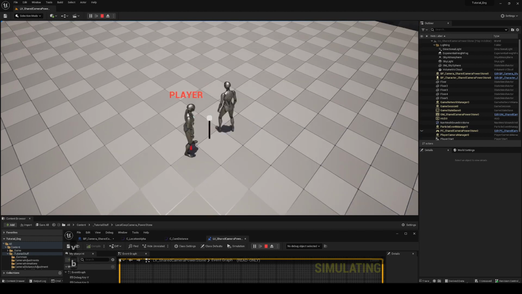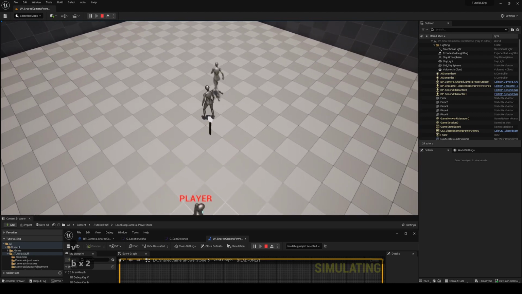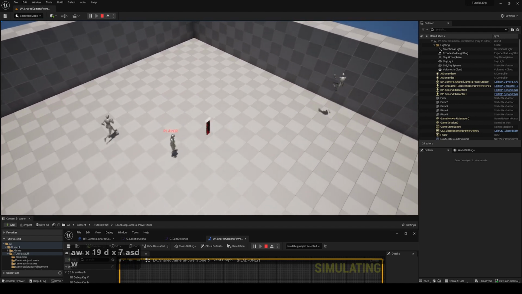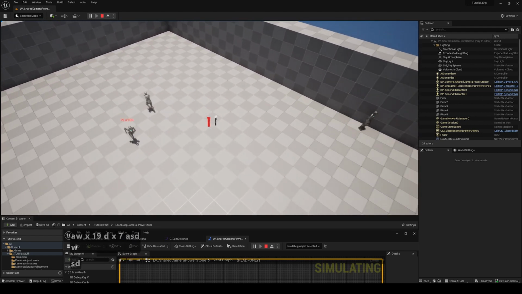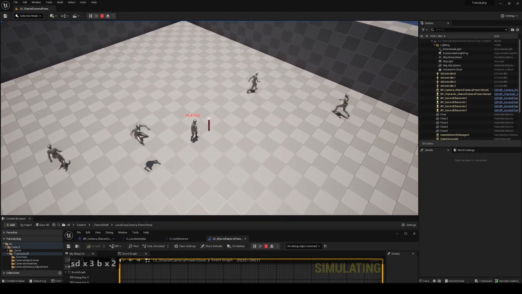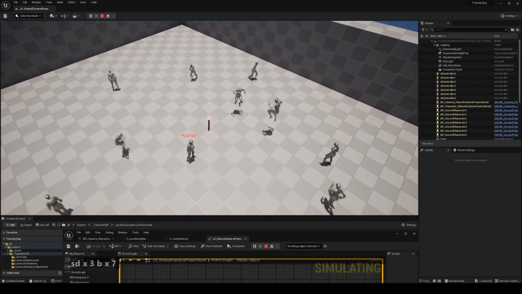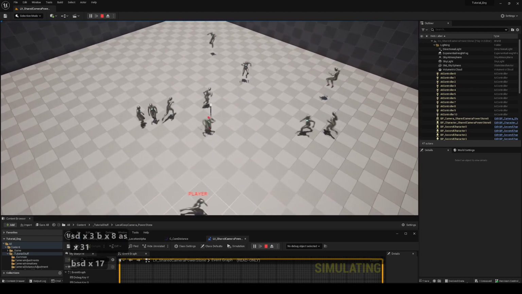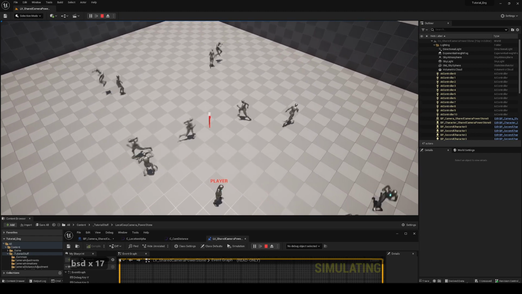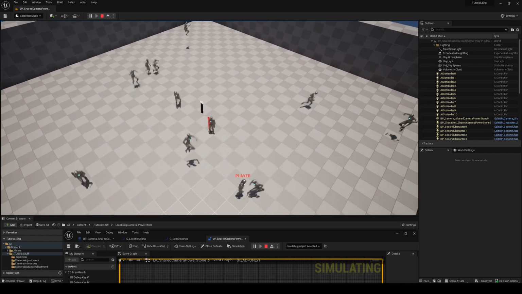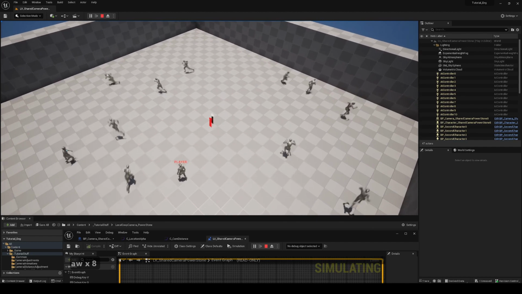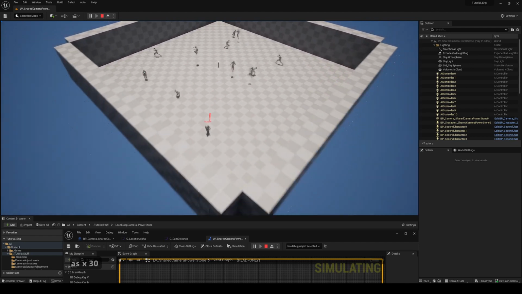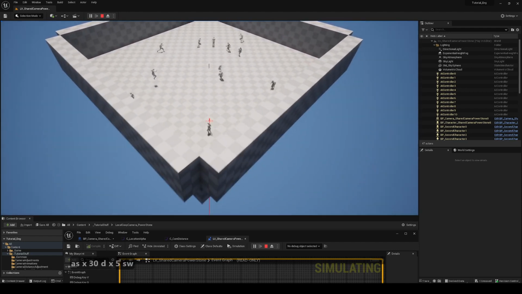Here, I'm just going to be adding some other characters. They're just simple characters with very simple AI. They just move around and then they jump at random times. So you can see that as I keep adding them, the camera tries to find the average position, taking into account all the characters on screen, and tries to keep its distance to that position. And you can also see that as our player character goes further away from that position,